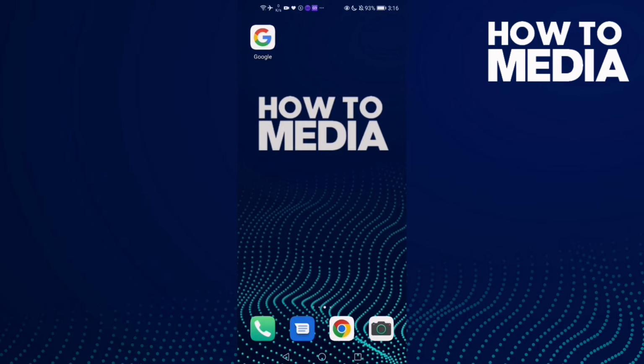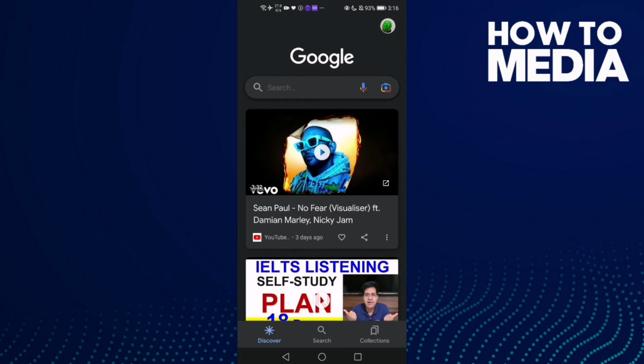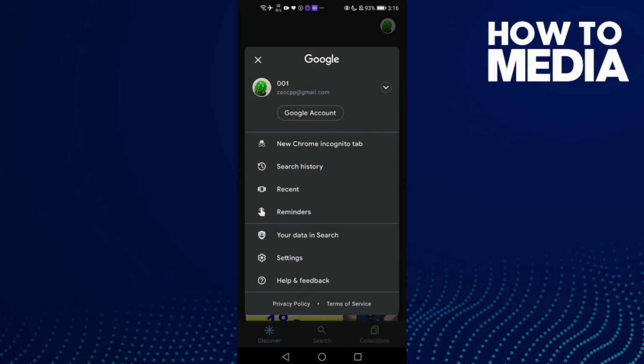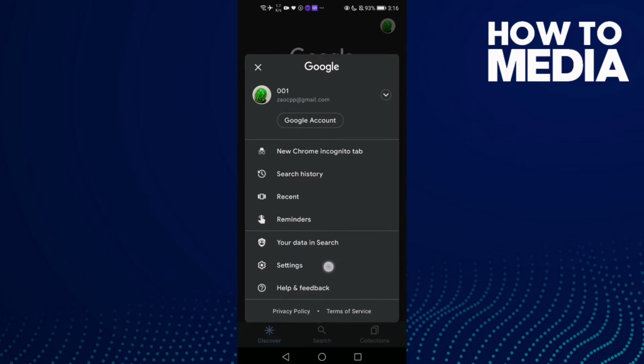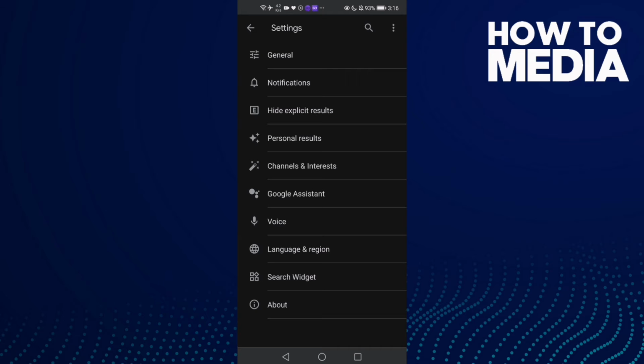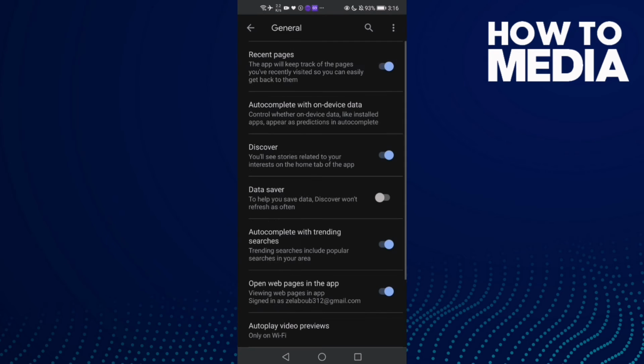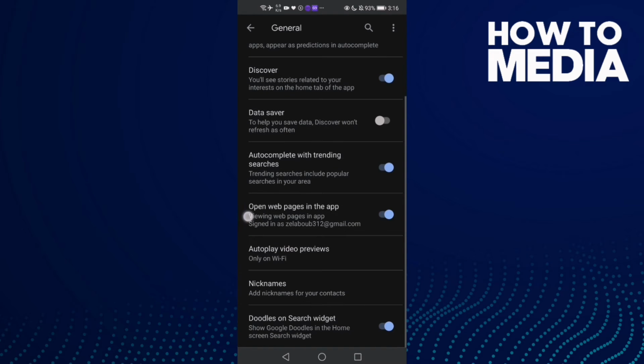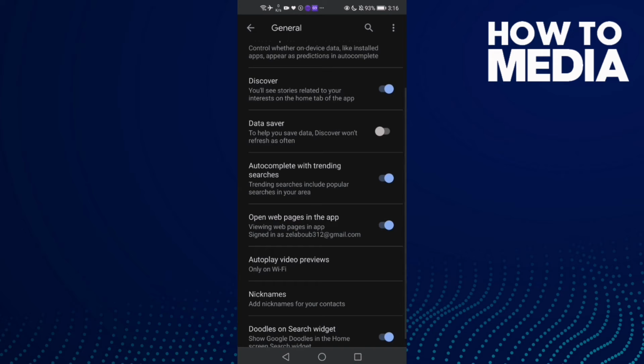First we gonna do is go to Google and then click this one. Click on your profile here in the top corner and then click this one, settings, and then click this one, general, and then go down and you will find this one here, autoplay video previews,